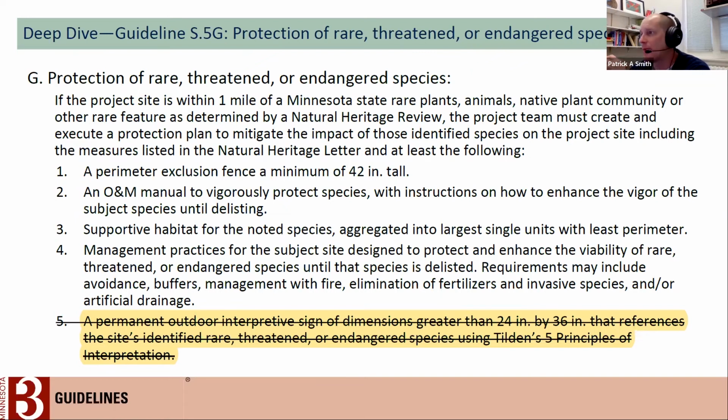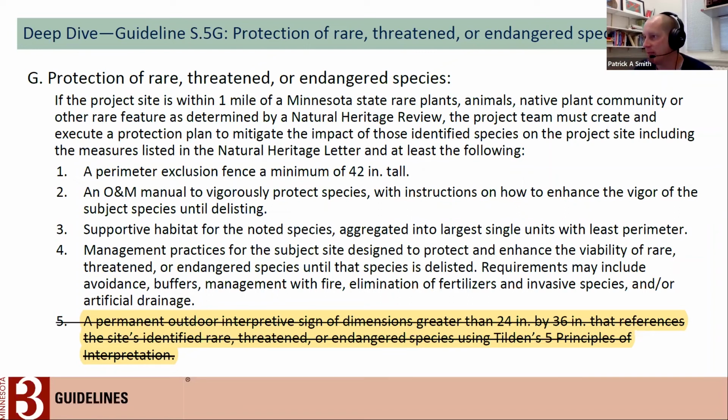One thing we dropped from that protection plan was the requirement to have an interpretive sign identifying the rare species. It was pointed out by several folks, as we've had these guidelines up and running for a bit, that there is a downside to identifying potentially rare plant and animal communities, and that is that